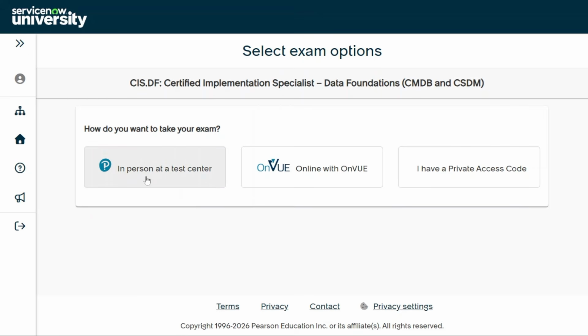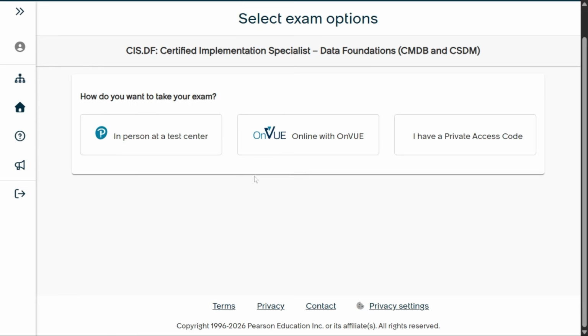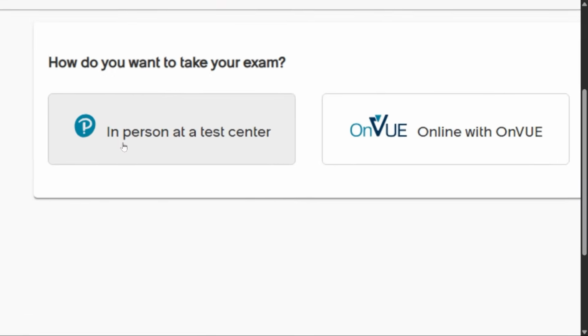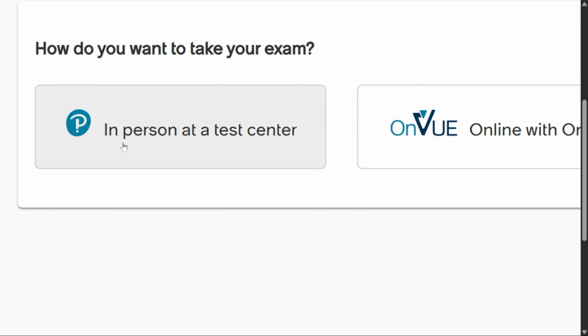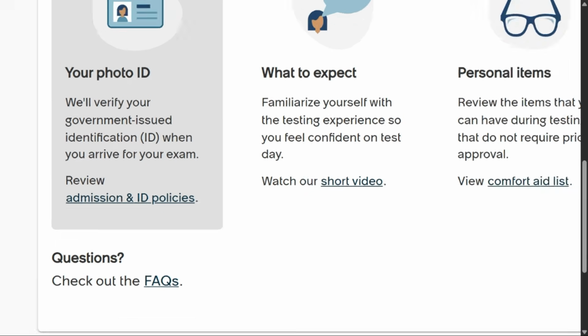But if you want to give your exam in a virtual online way, you can go with this option. Now I will show how to book your exam center. So click on this in person at a center